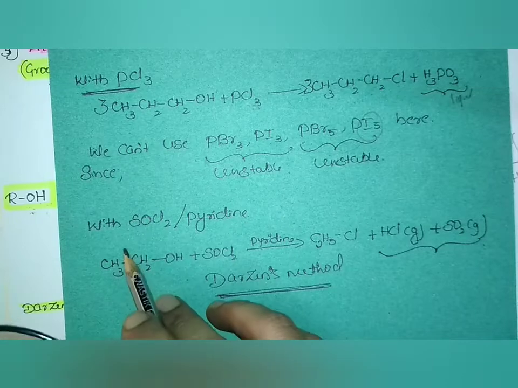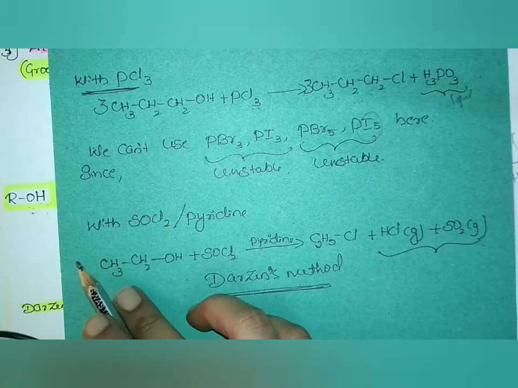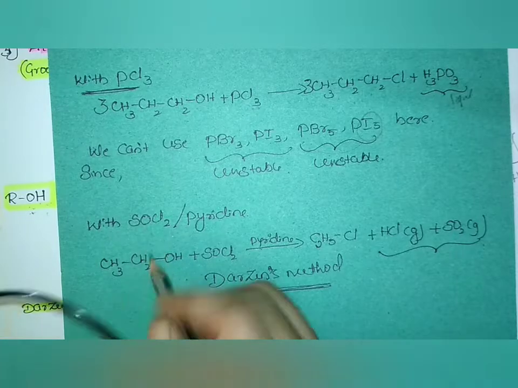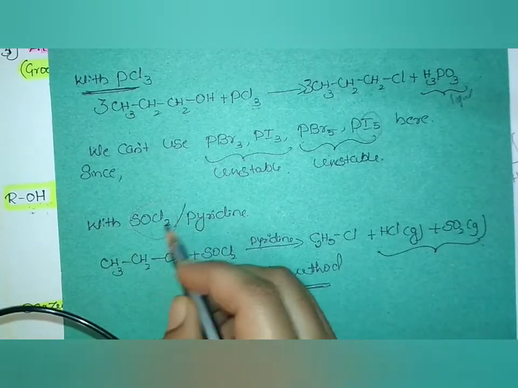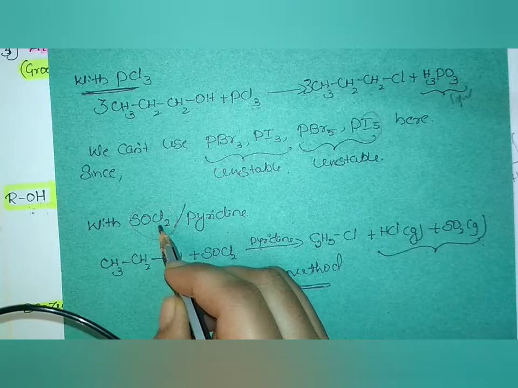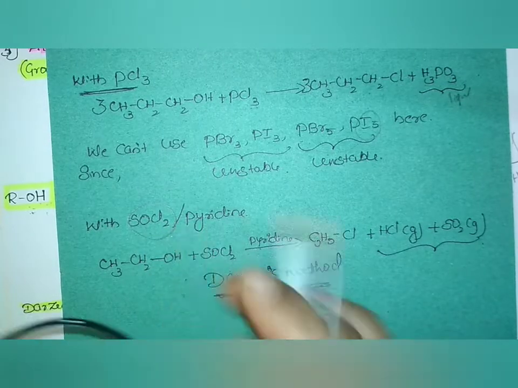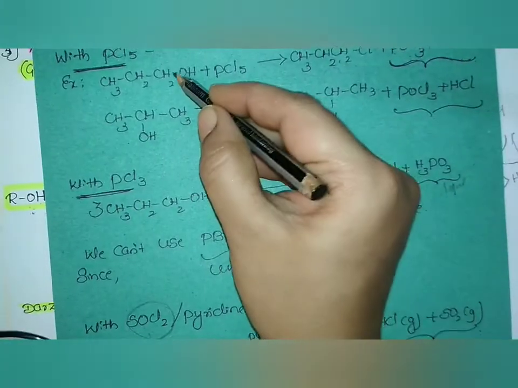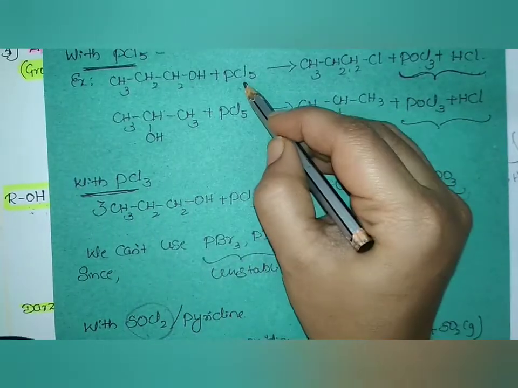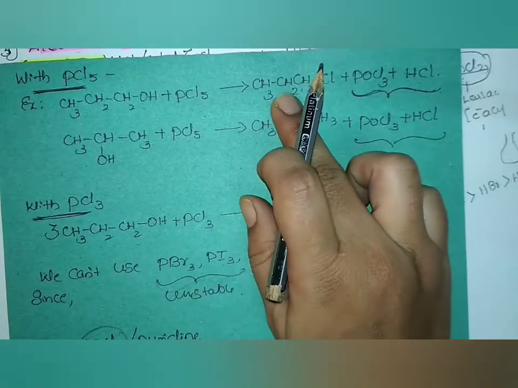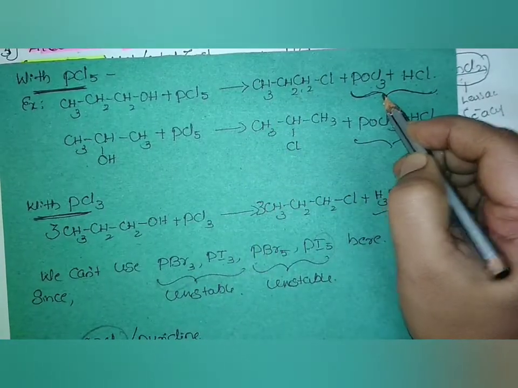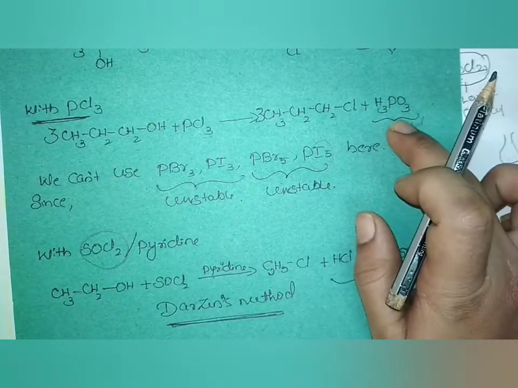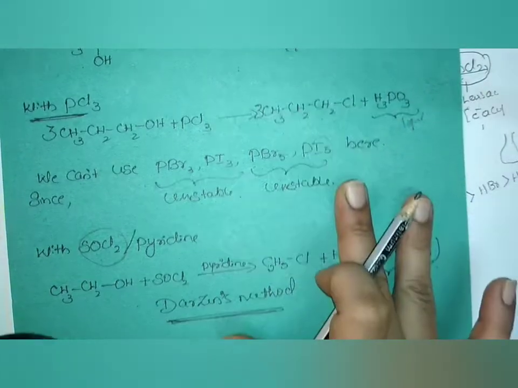Now, by using alcohol, when I treat that alcohol with concentrated thionyl chloride, the same reaction is going to take place. Thio means sulfur. See what I am doing here, I am taking the same reactant. In place of PCl5, I get the same product with two byproducts. Similarly, with PCl3, I get the same product with one different byproduct.